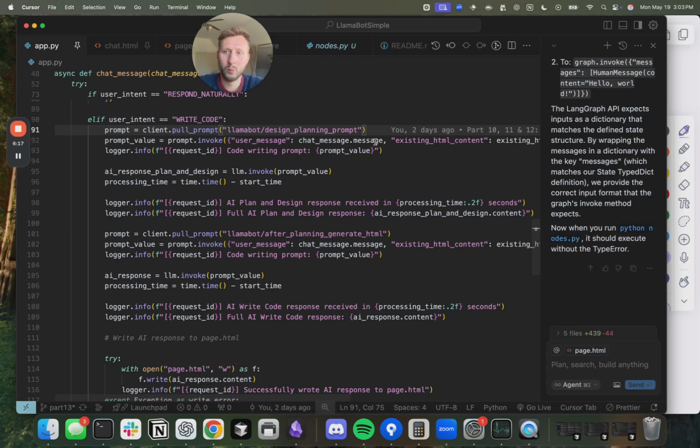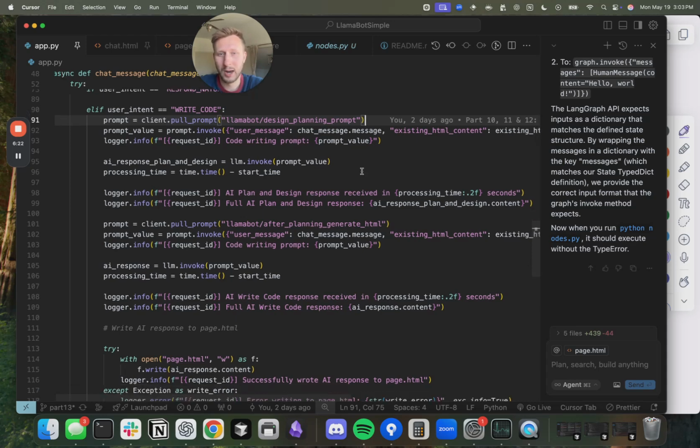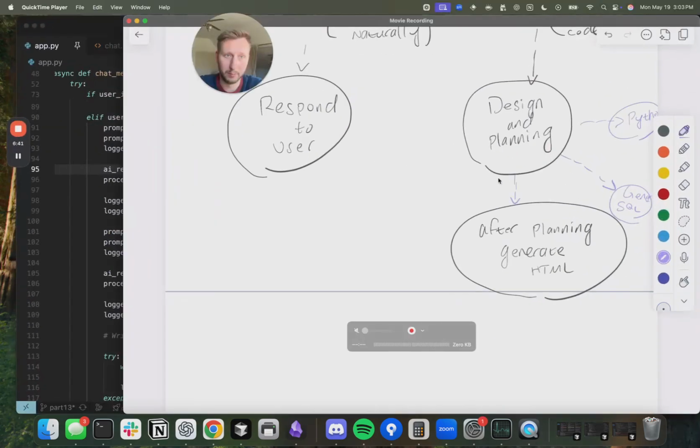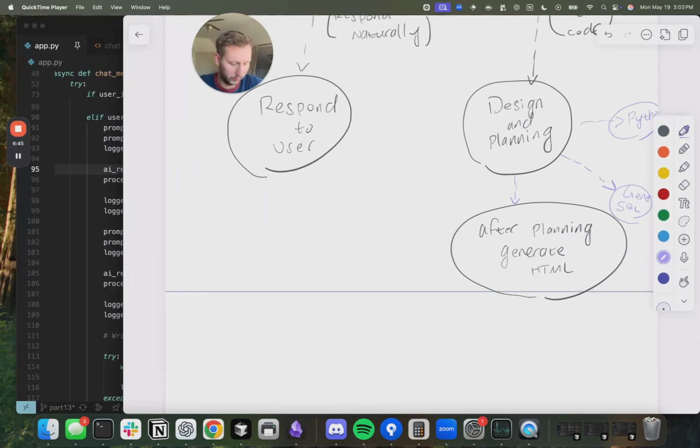And when you start to think through some of these trade-offs and how this is all working, I think you could appreciate that this current implementation might end up being just a little bit fragile. And what would we do if we wanted to actually loop back into ourself? For example, maybe we want to have a step where after the design and planning node, we want to have a human or the user provide some level of feedback, right? Like maybe there's this step here where we want to have a human in the loop,